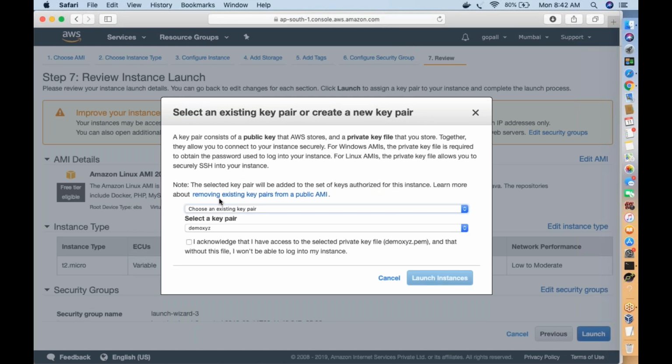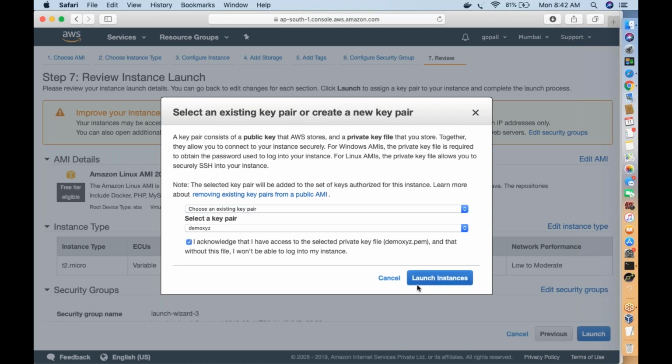The same key, the same PEM, can be assigned to any number of servers. For each server you do not need a separate key. For my previous server I assigned demo xyz, and for this server I can assign demo xyz too. So when you create a second server, make sure you select the same key pair.